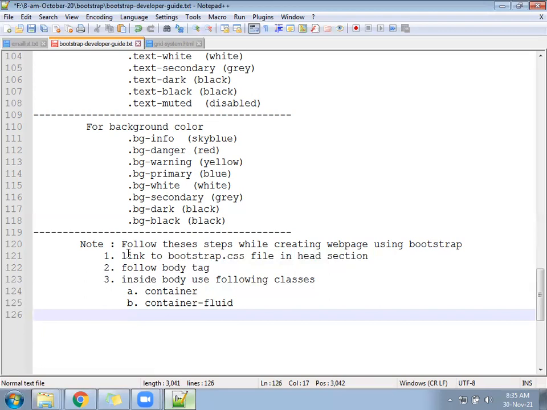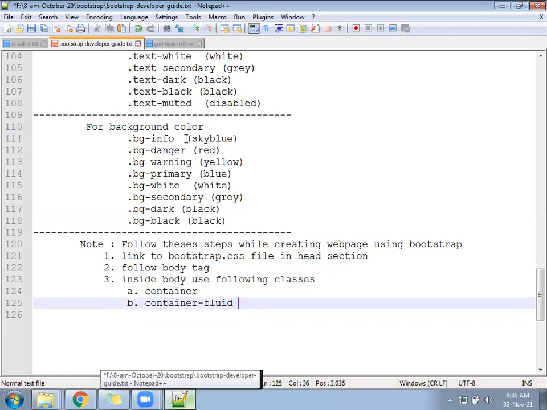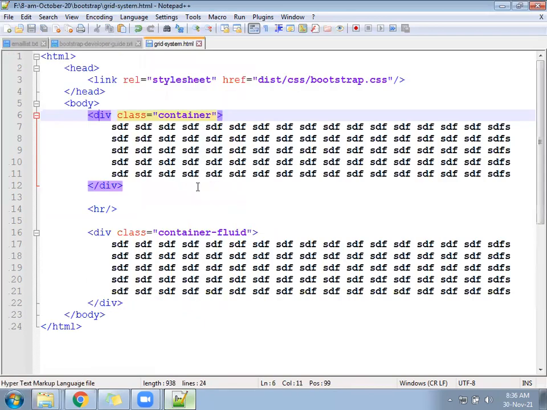Clear? So we use container or container-fluid. Now the difference between them you have seen here. Whenever you want to cover the full width, you will use container-fluid. If you want to cover a certain length, not the full width, leaving some space on the left and right, you will follow container. Okay, that we have already added here.